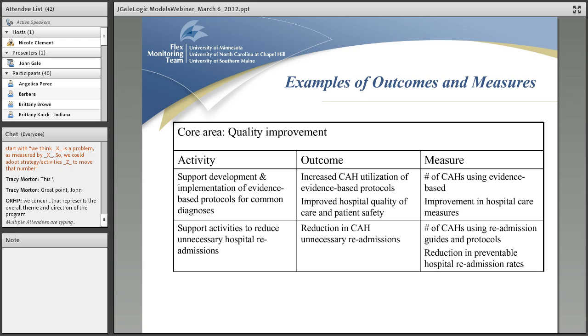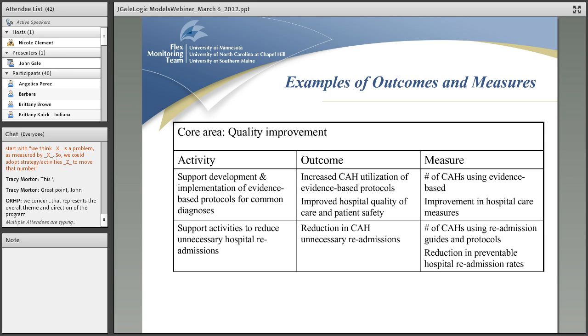And just sort of going back through some other examples of outcomes and measures I looked at, and with some resources from Tracy at TASC and from Megan and Mike at ORHP, began to think about examples of how you might look at these outcomes and measures from different areas. And one is to support development and implementation of evidence-based protocols. I pulled some of these directly out of Flex applications and some of the tables that were done, so these may seem familiar. The outcome was increased CAH utilization of evidence-based protocols, an important tool, and improved hospital quality of care and patient safety. And so the measures that I saw in the tables,